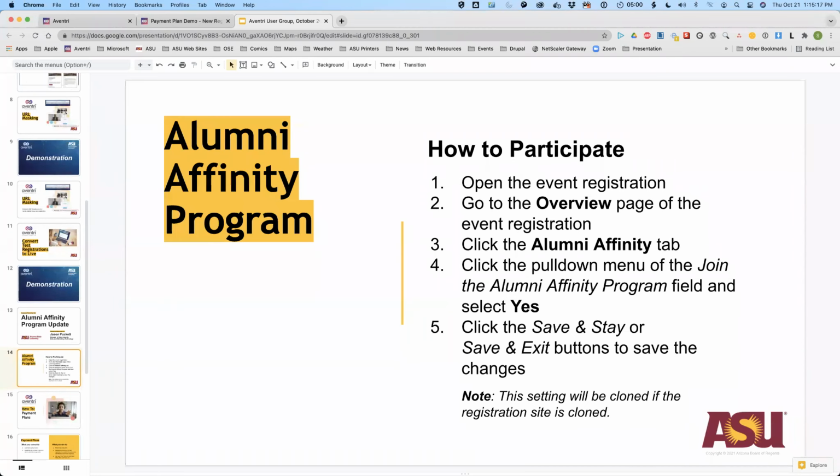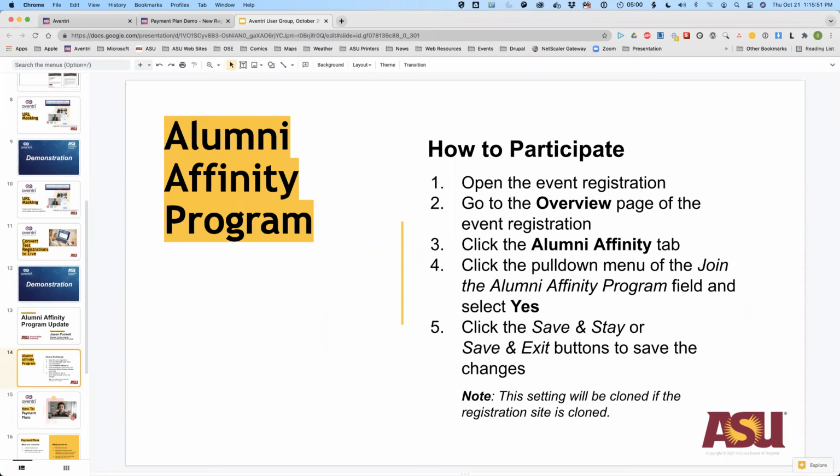So one other thing about having it all in one place, it's not just engagement with your college or school. It's helpful to see your alums, they're engaging with these events in your school, but they're also engaging with these other events from WP Carey or engineering or something else. So you can get a better, more full understanding of your alums and their interests and engagement with the university as a whole.